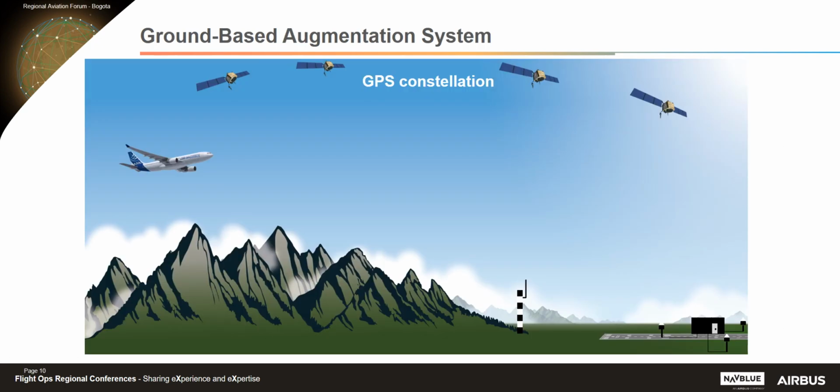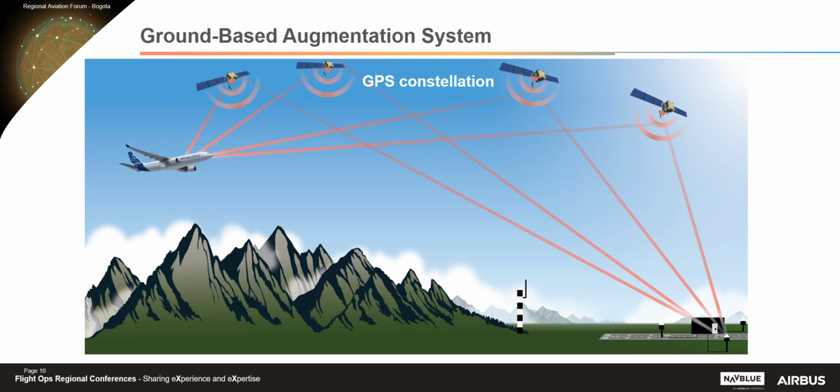To augment the GPS position accuracy on the aircraft, we need a specific equipment on ground, a reference station located in the vicinity of the airport. This station knows its exact position and received the GPS data. It computes correction to apply to the GPS position in order to have a better accuracy and integrity of the position. This position data and final approach segment data to build the vertical path are transmitted to the aircraft via a VHF antenna. Only one ground station can be used for all QFU of an airport.